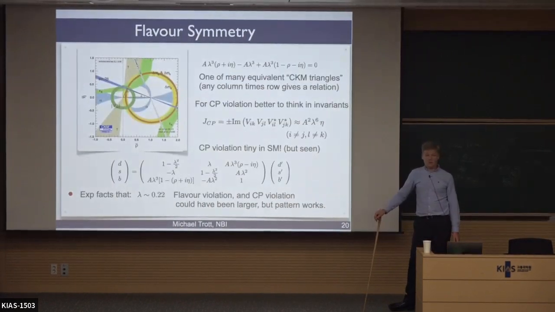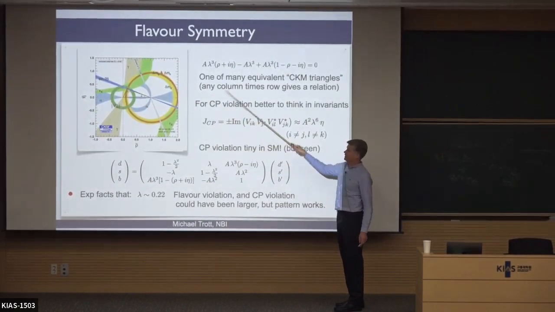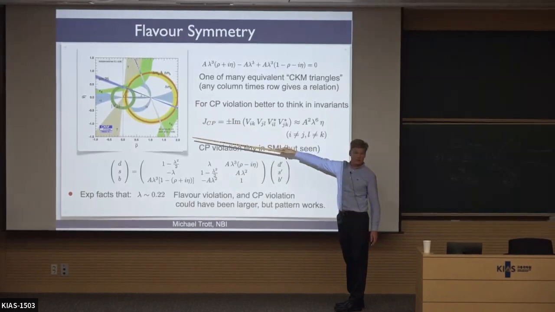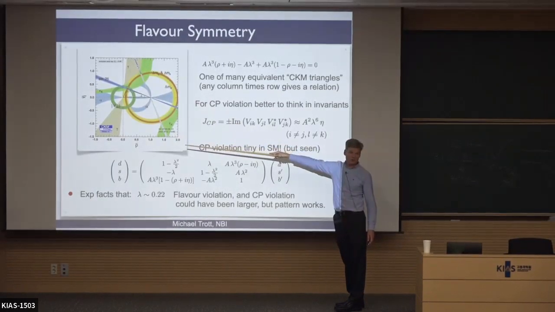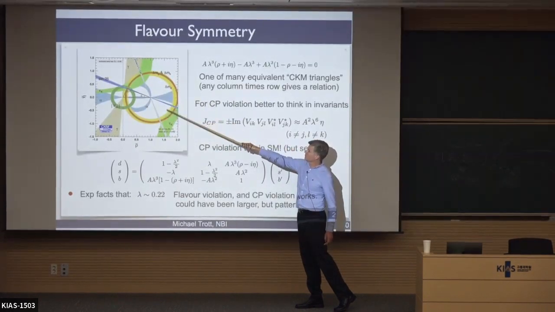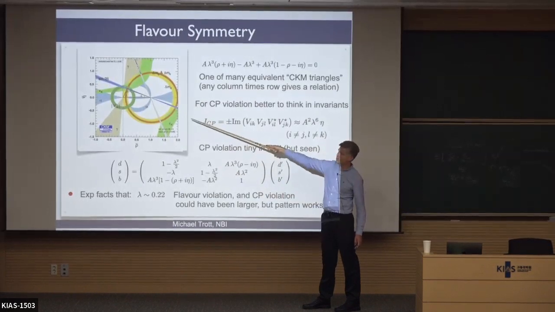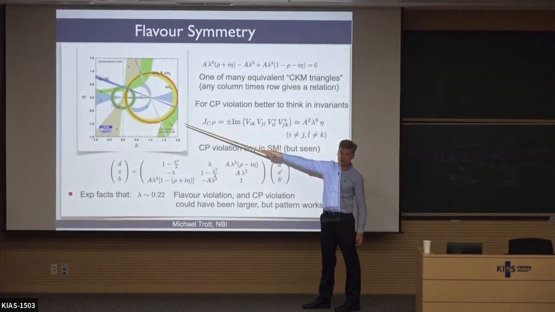So this is a picture pictorially checking to see if it adds to 0. These three sides of this picture are the three complex numbers being added up, and if the triangle closes, that relationship is being preserved. And what's being shown on this picture is all sorts of different measurements proportional to these various CKM parameters being combined